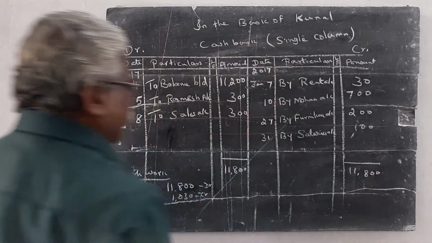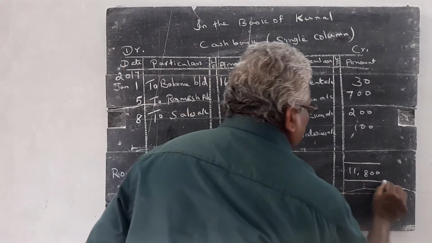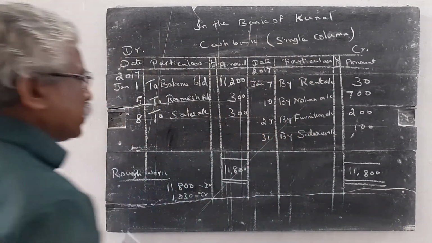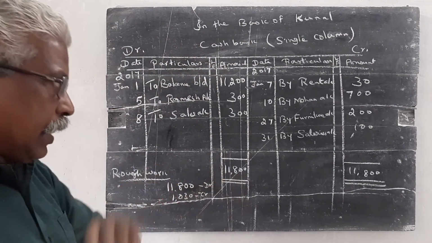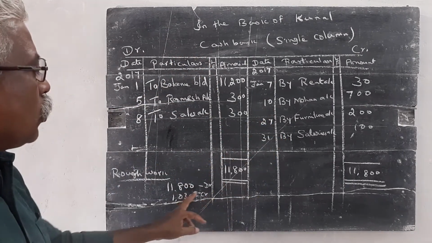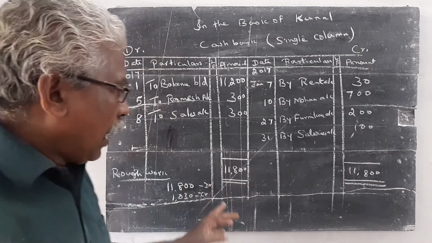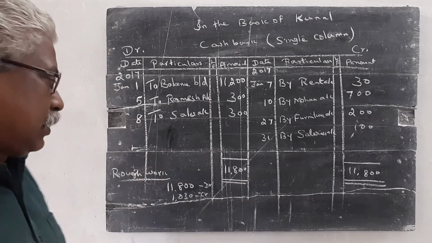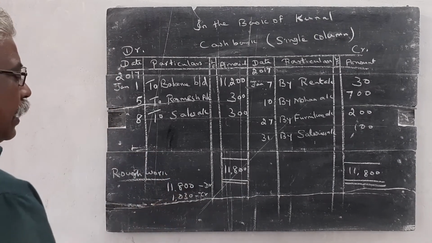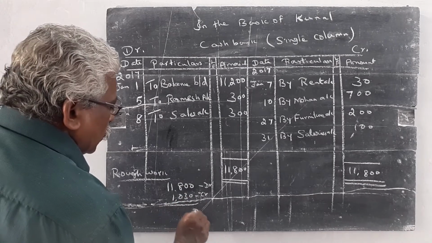After that, you have to draw a double line, here also a double line. Once again I explain. Debit side total is 11,800. Credit side total is 1,030. Write the highest amount on both sides and after that draw a single line. Then we find out the difference. 11,800 minus 1,030 is equal to